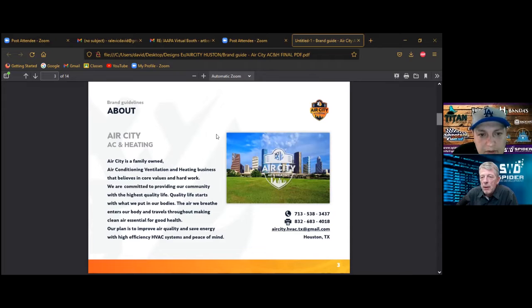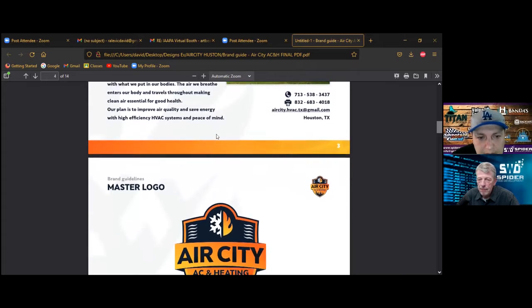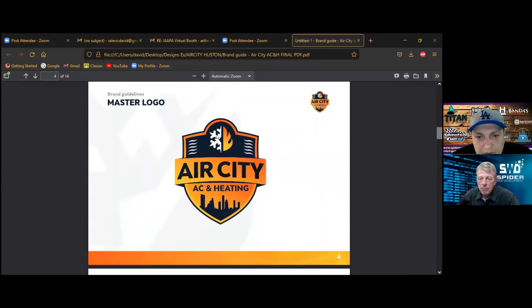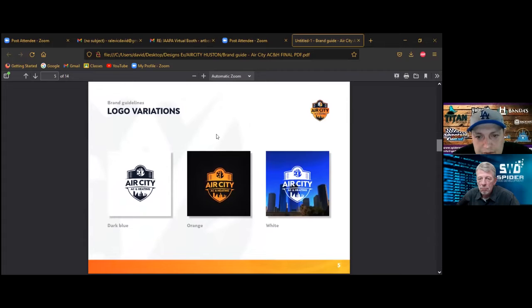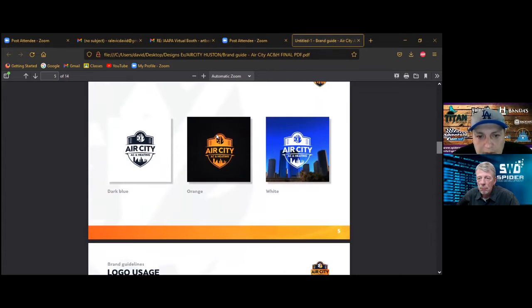This is something they give me, the text about this air, city, AC and heating company. And here is the master logo. So now logo variations. Now they can use it on different backgrounds, and how to use it.